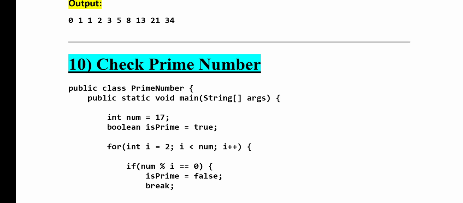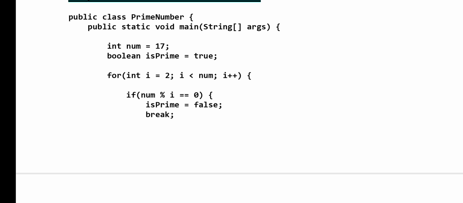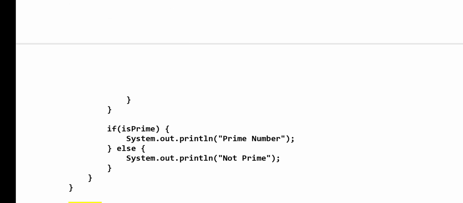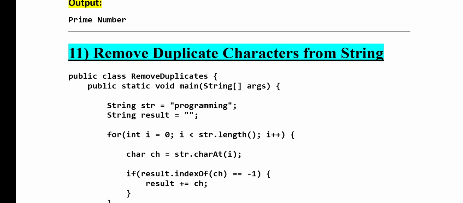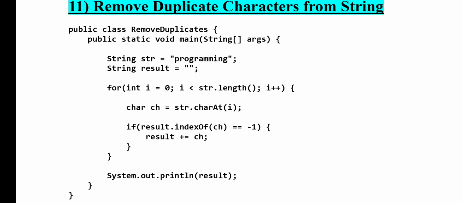Okay, the next program is on the prime number check. This is also a bit straightforward, where we are using a for loop and an if condition. Okay, and then the 11th program is also an easy program, where the interviewer might ask you to remove the duplicate characters from a given string. Okay,